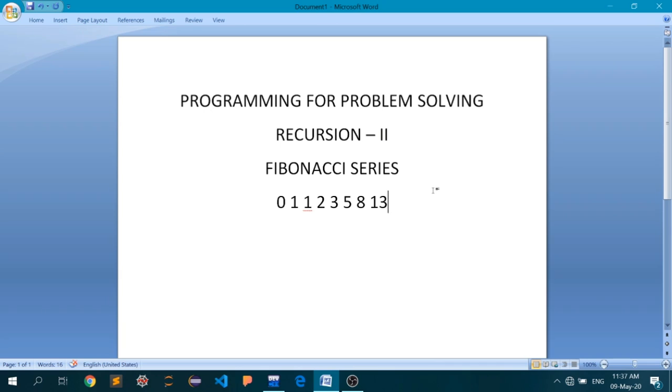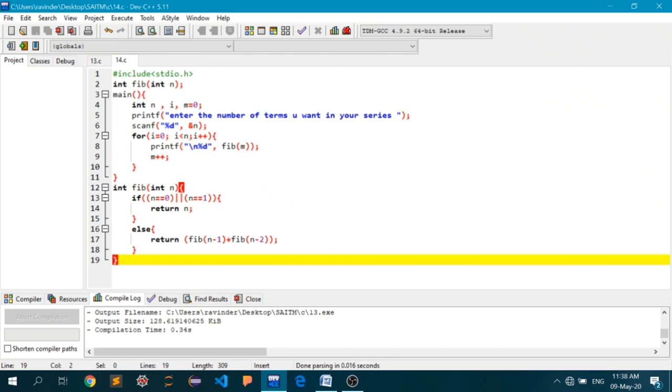Okay, so the idea behind writing the application for implementing the Fibonacci series is I will create a function called fib, and I will pass on an integer number as an argument to that function. The integer number as an argument will tell the function not how many numbers you have to print, but which number you have to print in the Fibonacci series.